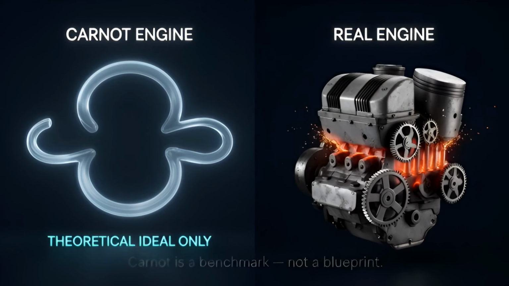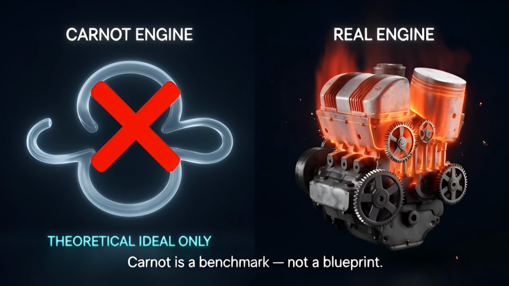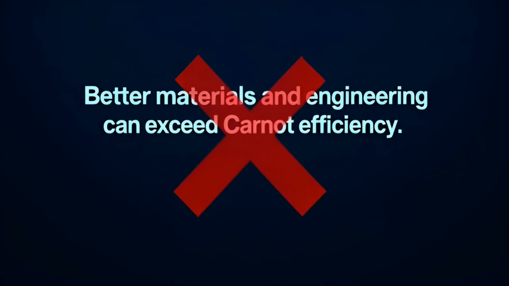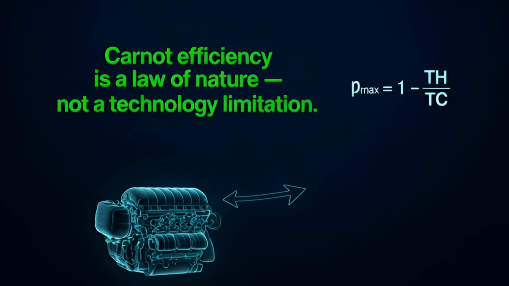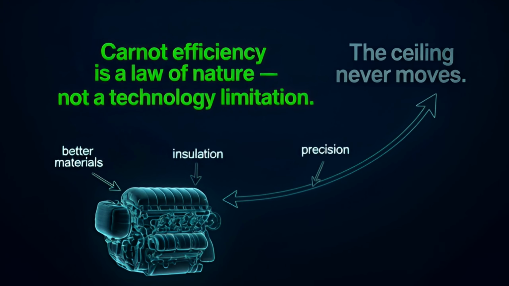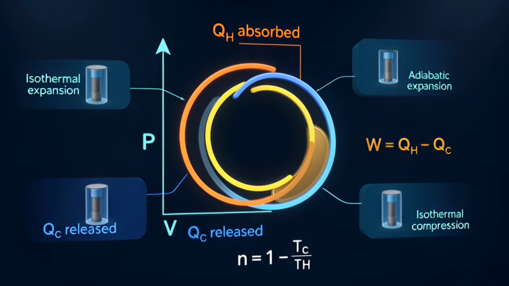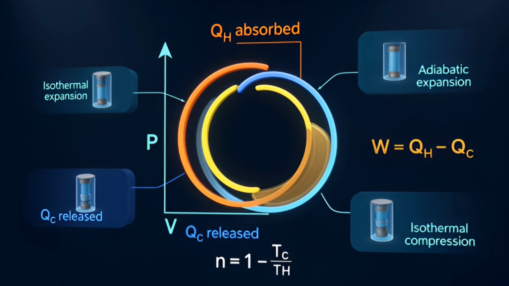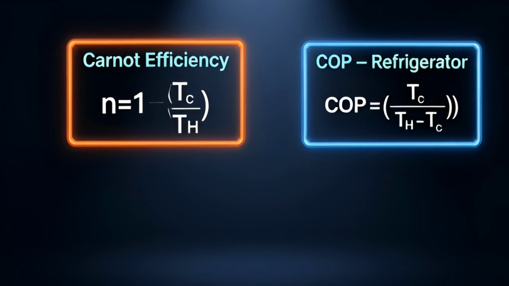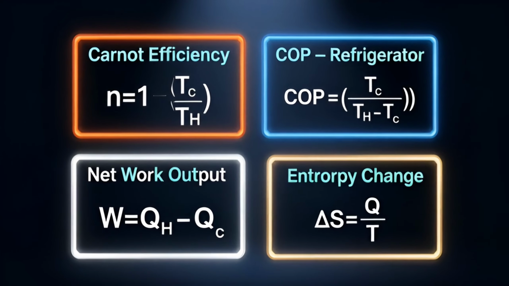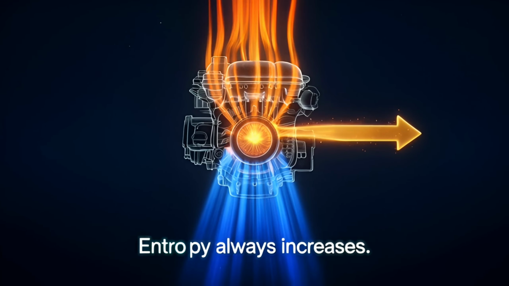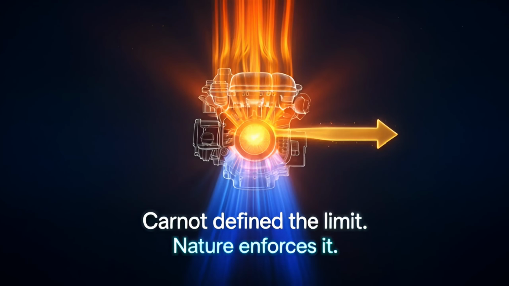Common misconception: the Carnot engine is not something you build. It cannot exist physically. No amount of engineering advancement can exceed the Carnot limit. It is not a technical barrier. 4 equations define the complete Carnot framework: efficiency, coefficient of performance, net work output, and entropy change. These are the governing laws of thermodynamic cycles. The Carnot engine set the absolute boundary of what thermodynamics permits, not a machine,